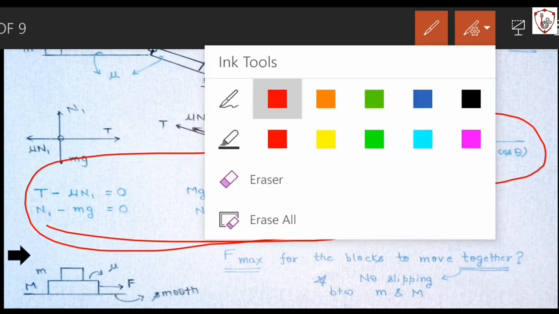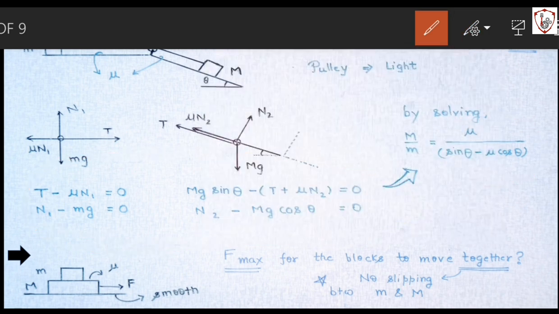Now there is one problem that I am giving you to do as a home assignment. Solve this problem. These are the two blocks. Small block m is kept on a bigger block capital M. There is friction between the surfaces of these two blocks, capital M and small m. However, the entire system, both blocks, is kept on a smooth surface. What is asked is, what will be the maximum force applicable on the bigger block here,